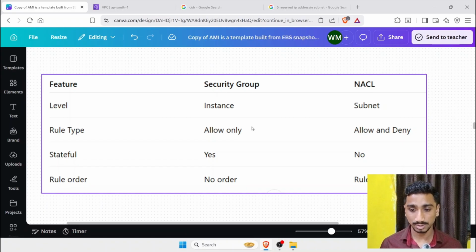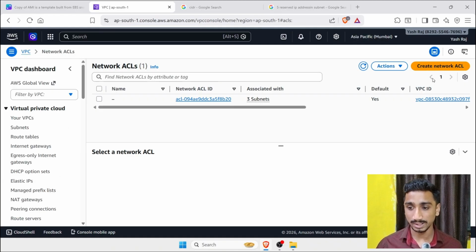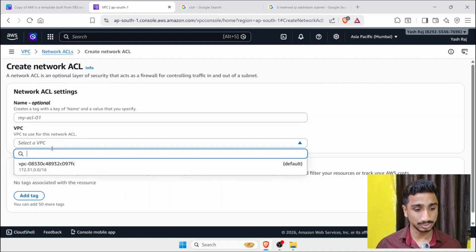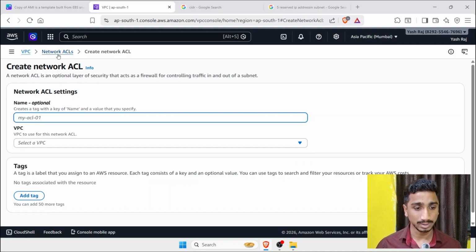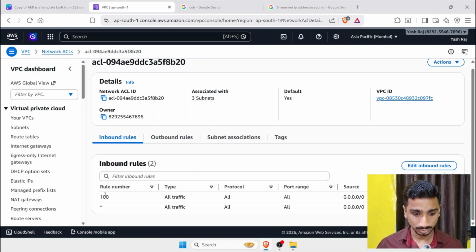Stateful security group, yes, whereas in NACL no. As you can see here, rule order, no order, and here you can use rule numbers, which I'm going to show you here. The rule numbers, like if we are going to create ACL, here you can also select your VPC, you can name here. And if we click on my current network ACL, here you can see the 100 rule number,